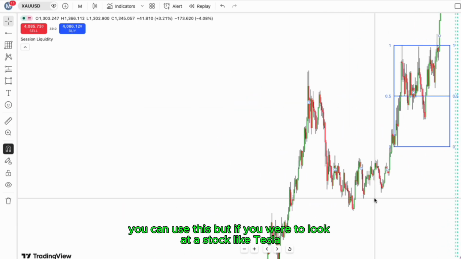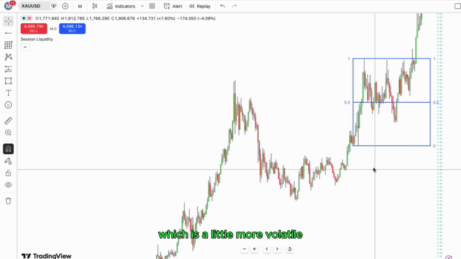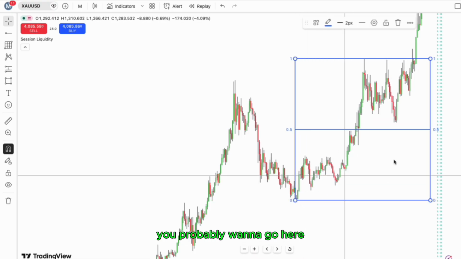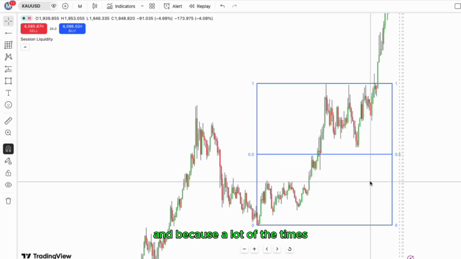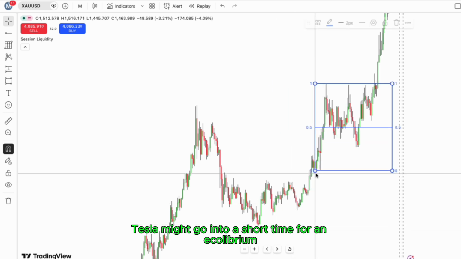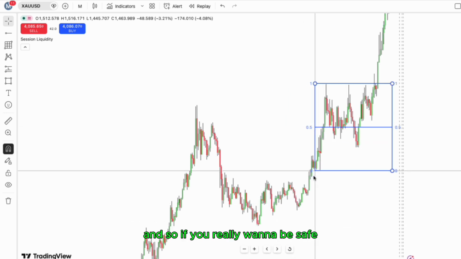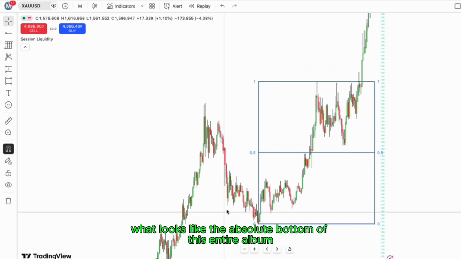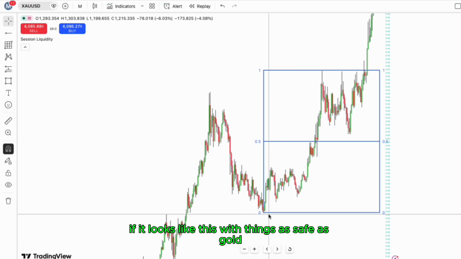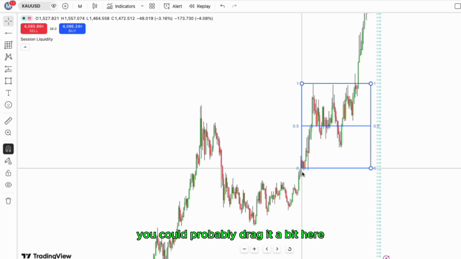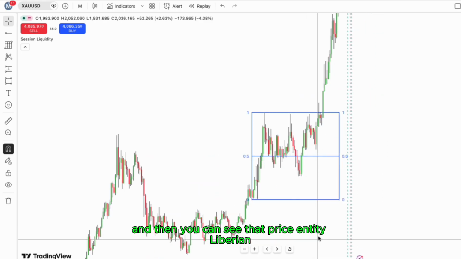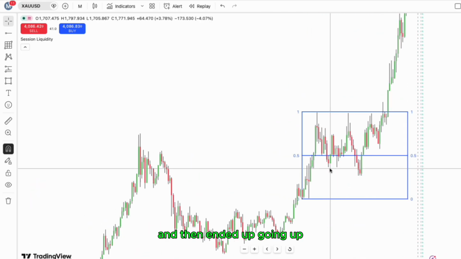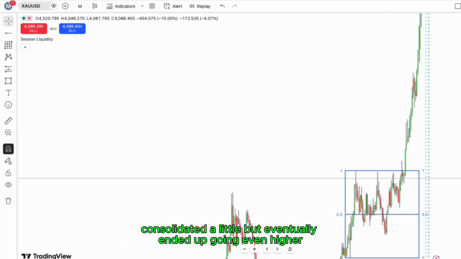But if you were to look at a stock like Tesla, which is a little more volatile, you'd probably want to go here, because a lot of the times Tesla might go into a short time frame equilibrium but then just keep falling. And so if you really want to be safe, you want to go for, okay, what looks like the absolute bottom of this entire up move? It looks like this. With things as safe as gold, you could probably drag it a bit here, and then you could see that price entered equilibrium and then ended up going up, consolidated a little,